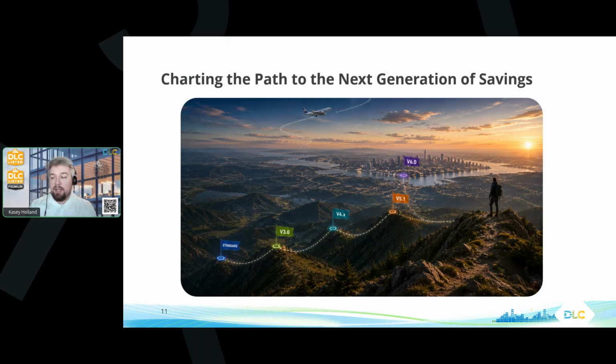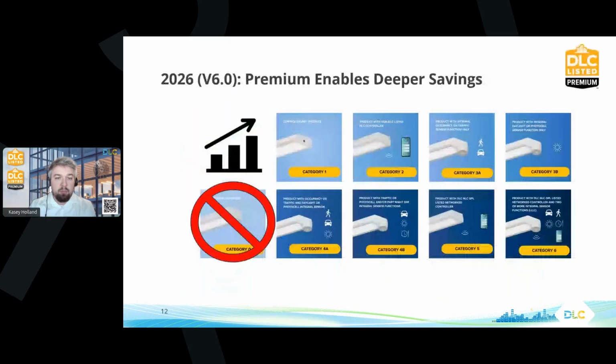Whereas DLC standard still continues to establish a trusted foundation for all products. It still has those quality criteria. A lot of the aspects that are in premium also get considered for standard, but not with the same requirement thresholds. So let's quickly review some of the premium requirements that are in place today and understand how premium enables